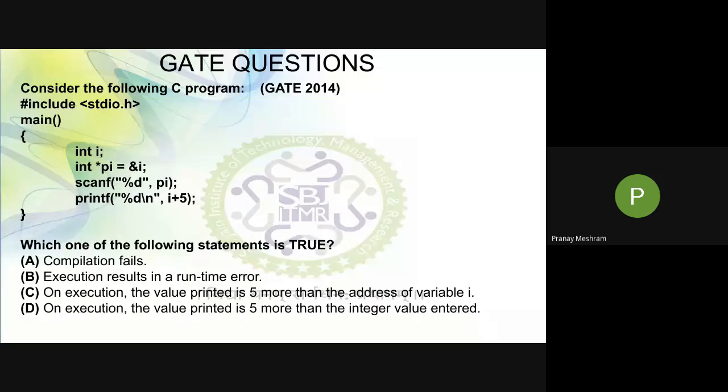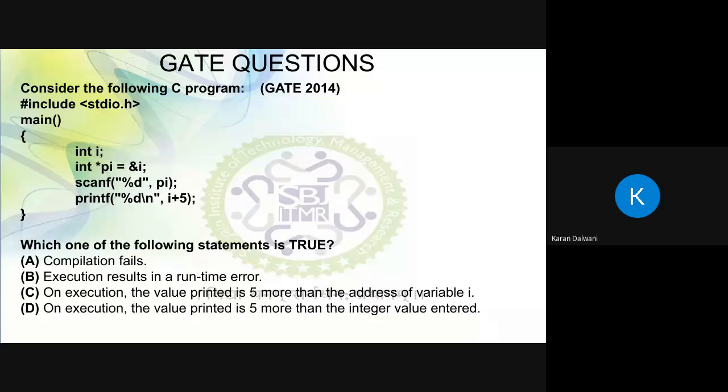हाँ सर। तो अभी आप दूसरे ऑप्शन की तरफ ध्यान दो, आराम से टाइम लो, बिकॉज कोई जल्दी नहीं है इस पे। scanf is always taking address as a parameter because we are always writing ampersand along with the variable name. Okay, so that pi is holding the address, so it is the correct option. ठीक है, तो वो गलत नहीं हो सकता, इसलिए कंपाइलेशन फेल के चांसेस जो मुझे नहीं लगते यहाँ पे कुछ है। बाकी जो तीन ऑप्शन है उस पर ध्यान दो आप।